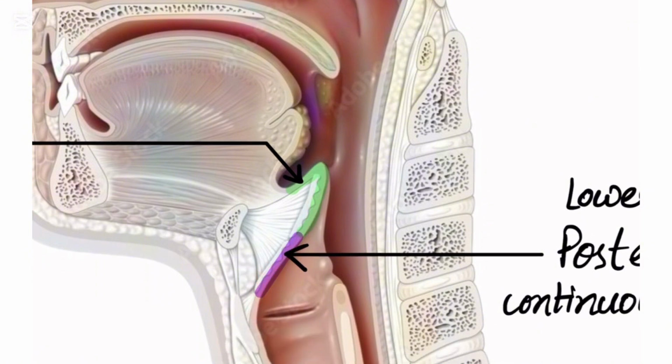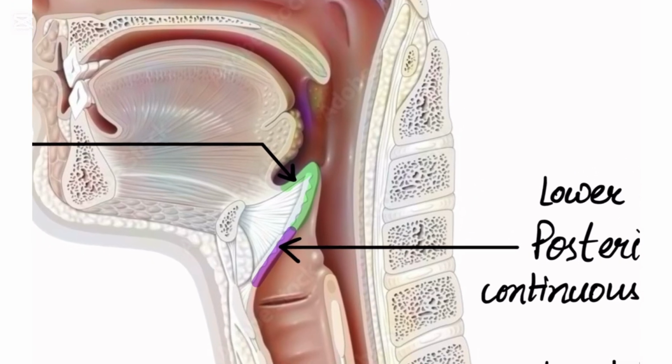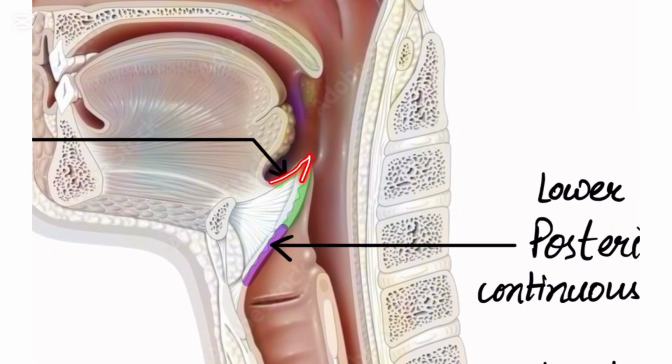And that is why the lining epithelium of the anterior surface is going to be the same as that of the tongue, since it is continuous with the tongue. And the lining epithelium of the lower portion of the posterior surface is going to be the same as that of trachea, since it is continuous with the trachea. Simple logic, right? So the final concept is that the majority of the epiglottis is